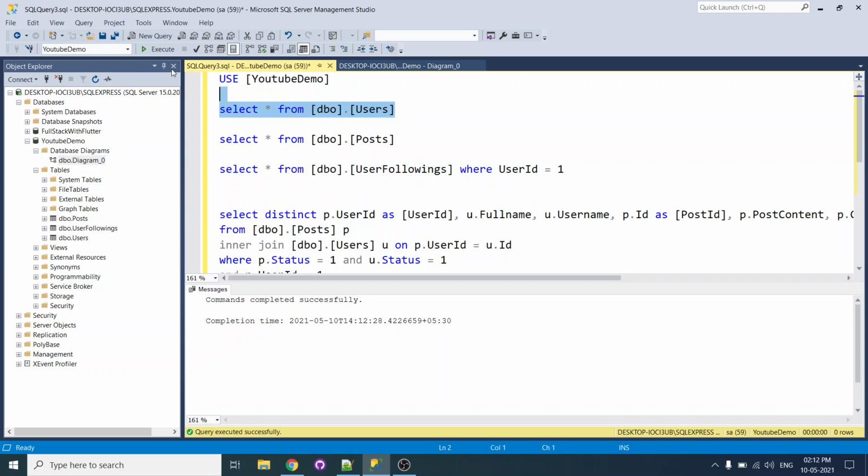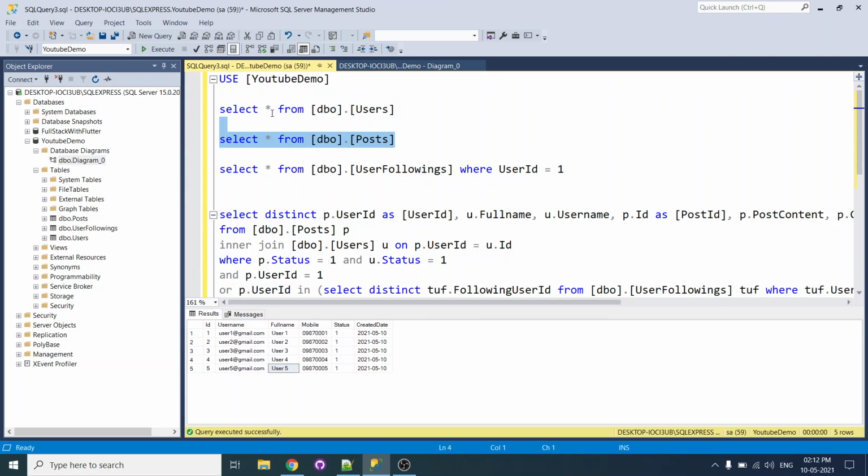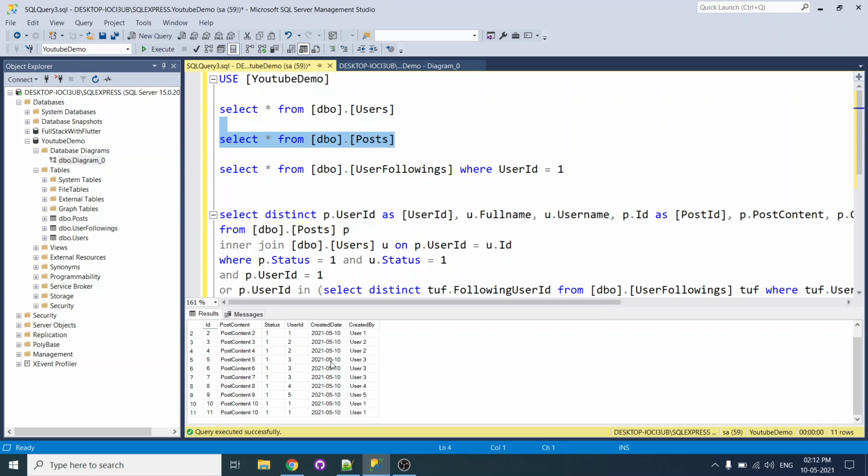So first, let's see how many users are there. For that, I have created 5 users with different usernames, like user 1, 2, 3, 4, 5, and then their mobile numbers and everything, and posts. So each user has some posts. Here we can take the user and see how many posts user 1 has.